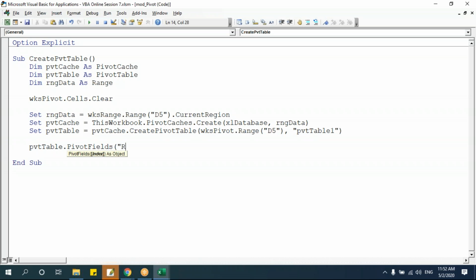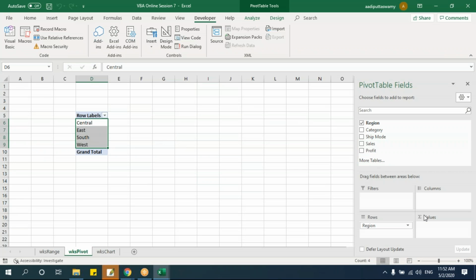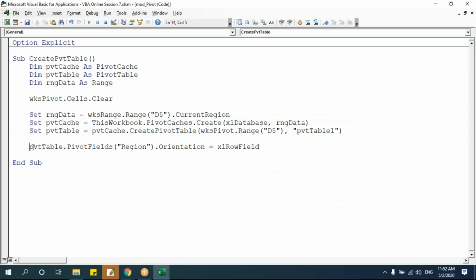You have to mention the field name, say Region.Orientation equals xlRowField. Let me run this. See, it comes to rows. Now I want this Sales to be in the data field. Just copy this, put it here, change this to data field, and change the field name. F5. See,